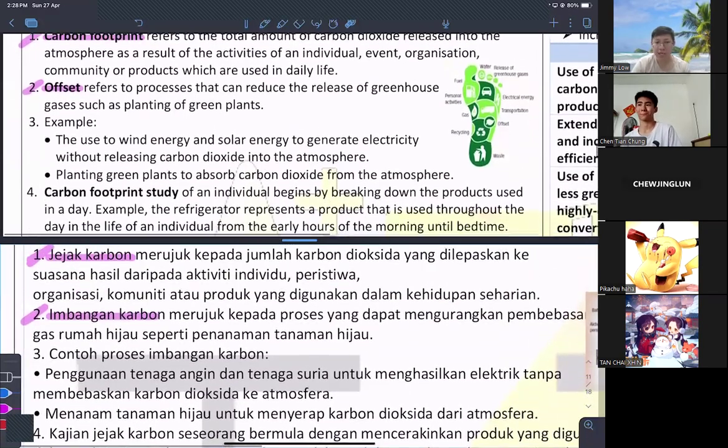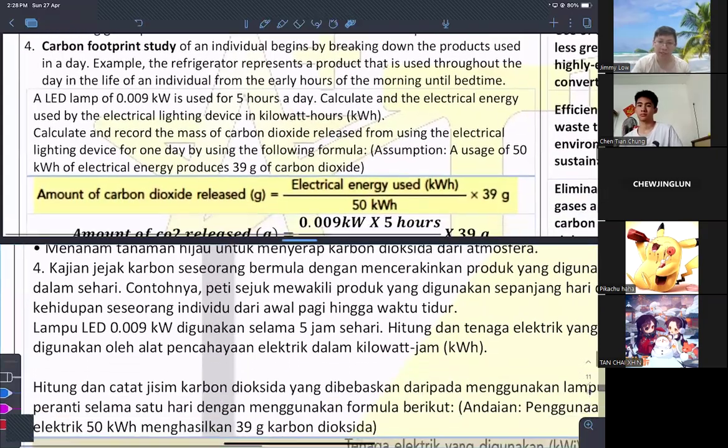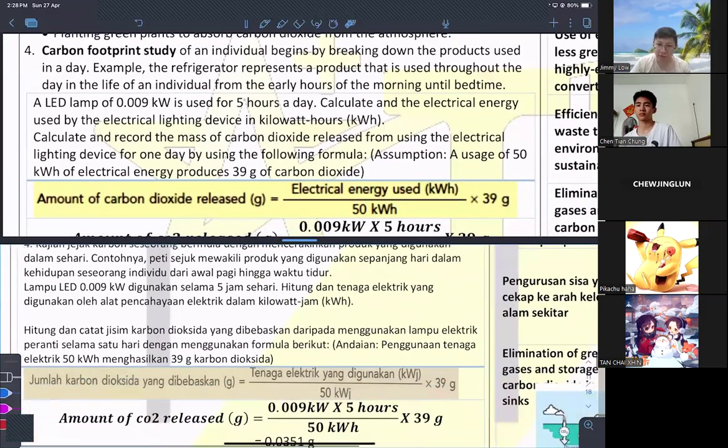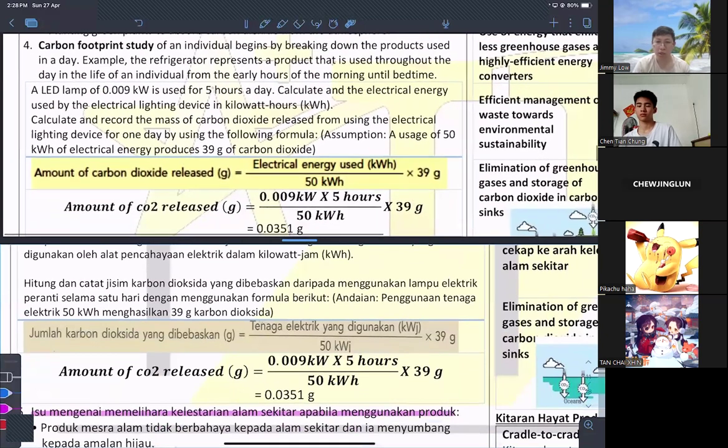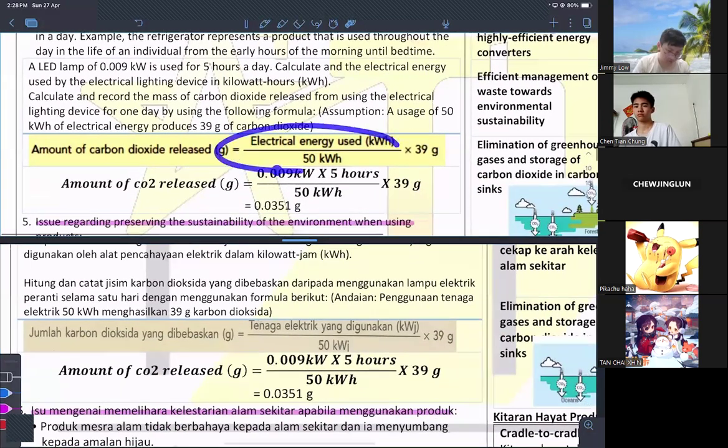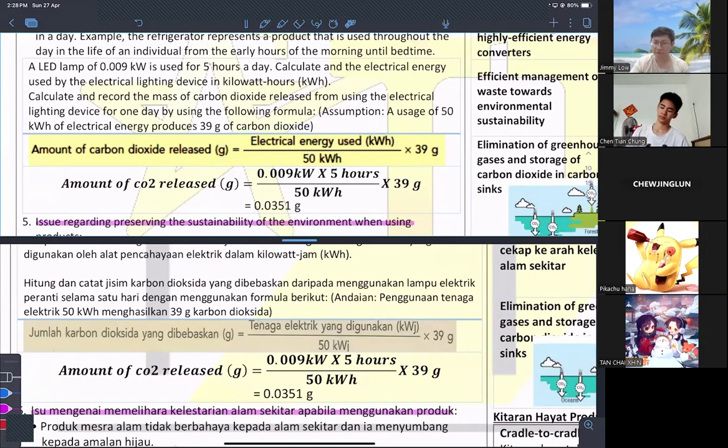The question asks you what is carbon footprint, blah blah blah. All right, same. We don't go through with calculations unless your mathematics is really weak, then you go through. But the format will be given even though the question asks you. So far as I know, I have never seen any school ask this question before. But who knows? The format will be given once the question is asked.